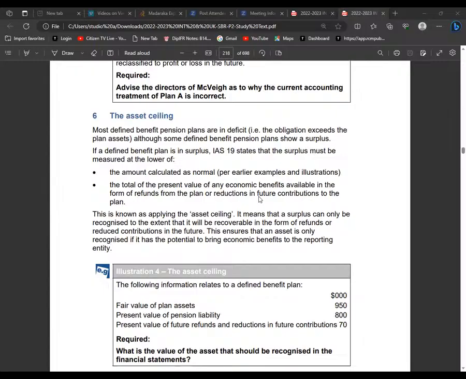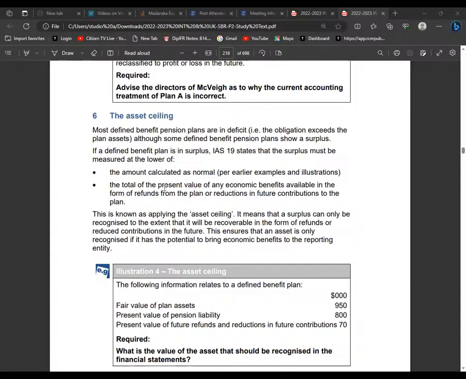But if the asset is higher and you have what we call a net asset, then the asset cannot be left to go to heaven. It will be cheating us. The asset in this case will always be capped. So you're being told here, asset ceiling: most defined benefit pension plans are in deficit, the obligation exceeds the plan assets, although some defined benefit pension plans show a surplus. If a defined benefit plan has a surplus, IAS 19 states that the surplus must be measured at the lower of the amount calculated as normal,